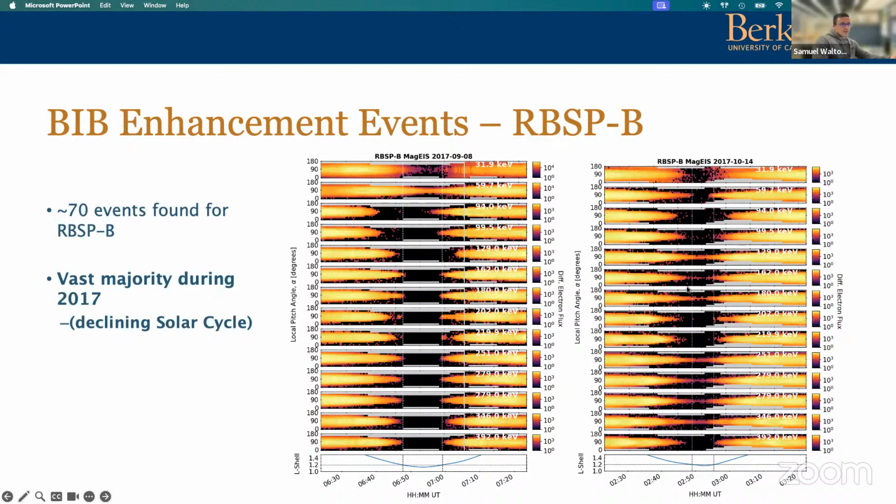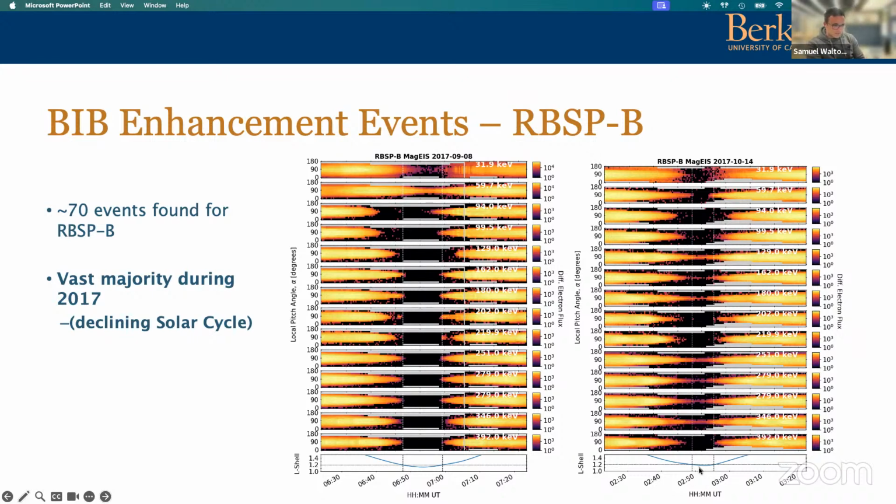but at very low L, below L of 1.2, when the rest don't, there's virtually nothing there. One of the more interesting events is on the right-hand side, from October 2017. At the lowest energies there are not many electrons below the inner radiation belt, but then you go up to 130 keV and there's a very clear presence of electrons. Then there's a gap again at a couple of hundred keV, and then we see electrons from 250 to almost 346 keV below L of 1.2, so marginally below.